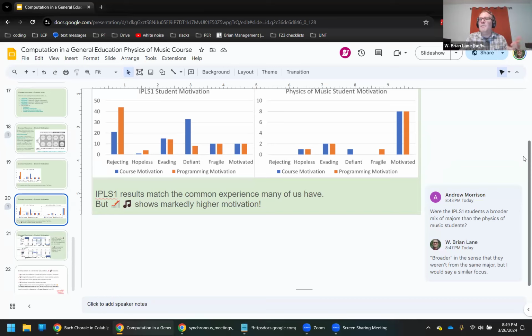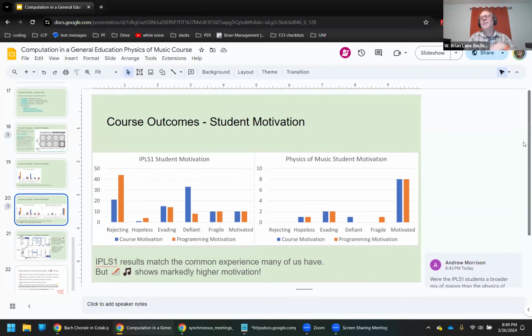Like I mentioned, music technology. I also had a few music education students, and that was fun because you could kind of see the wheels turning on. Wait a minute, I could use this when I teach music in the future. And then a few music performance, which I guess would be an interesting question: how different do they consider themselves? They probably consider themselves to be as broad as the IPLS students would.